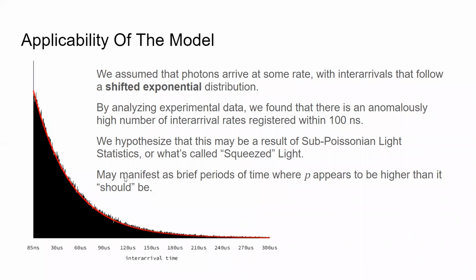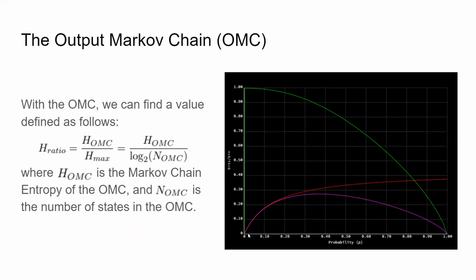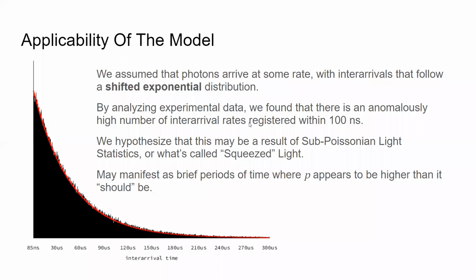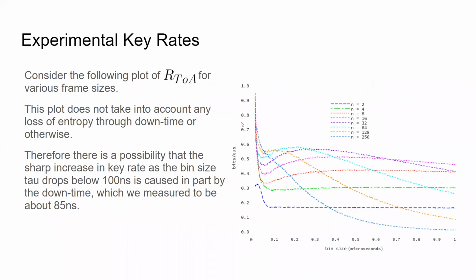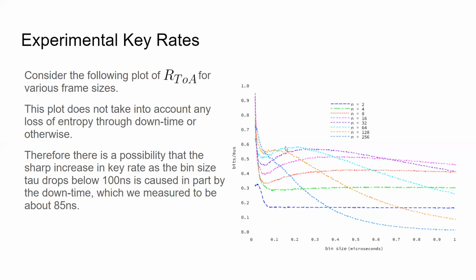Over here we say this anomaly may manifest as brief periods of time where P appears to be higher than it should be. Before, we saw that when P is small, H sub ratio is pretty much going to be 1. That makes sense, because the fewer occupied bins there are, the less chance there is for an occupied bin to affect another occupied bin. So maybe in the small values of P that we usually work with, downtime isn't going to be much of a problem at all. But maybe there are brief periods of time where P appears to be higher than it should be, and this might result in